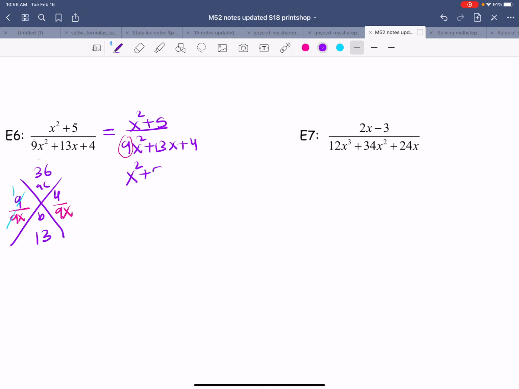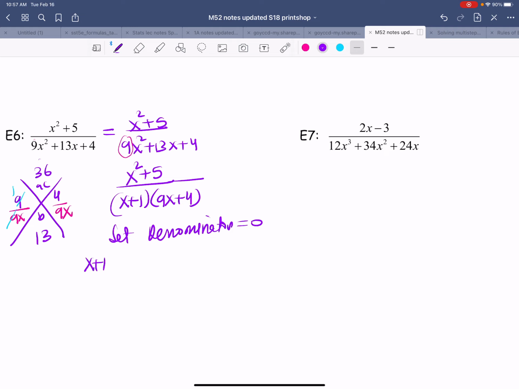So now I am ready to write this denominator in the factored form. Because when it's unfactored, it's really hard to see which values of x will make it 0. So x plus 1 is my one factor. 9x plus 4 is my other factor. Now, to find illegal values, unallowed values, restricted values, all those are the values that make your denominator 0. So we set that denominator equal to 0. So x plus 1 times 9x plus 4 equal to 0. This means my two values that I don't want are